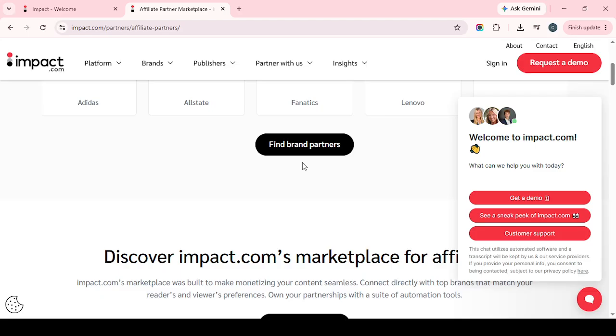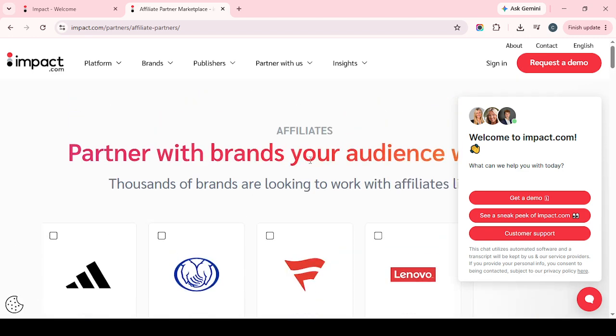If you're following along, just take your time at each stage, especially when reviewing the terms and writing your promotion methods, because those details